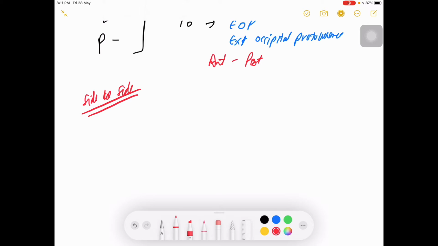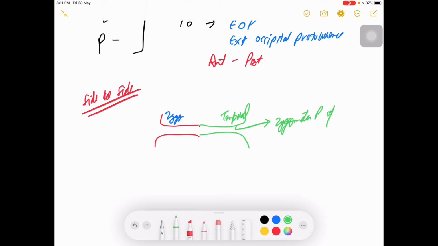So all of you know the zygomatic bone, it fuses with the temporal, basically the temporal process of the zygomatic and the zygomatic process of the temporal. They fuse with each other and lead to the formation of a zygomatic arc or arch, the way you want to call it. So this is, for example, your zygo, and this one is your temporal. So this is your zygomatic process of temporal, and this is your temporal process of